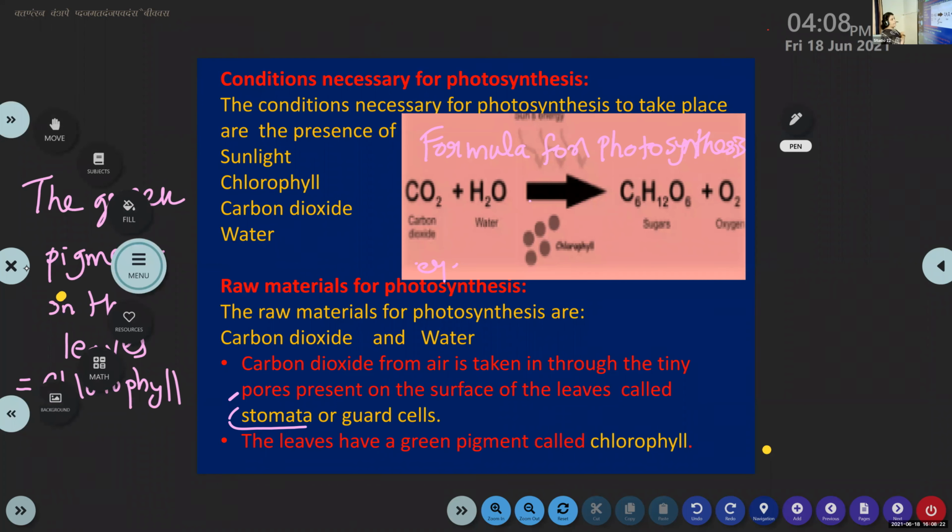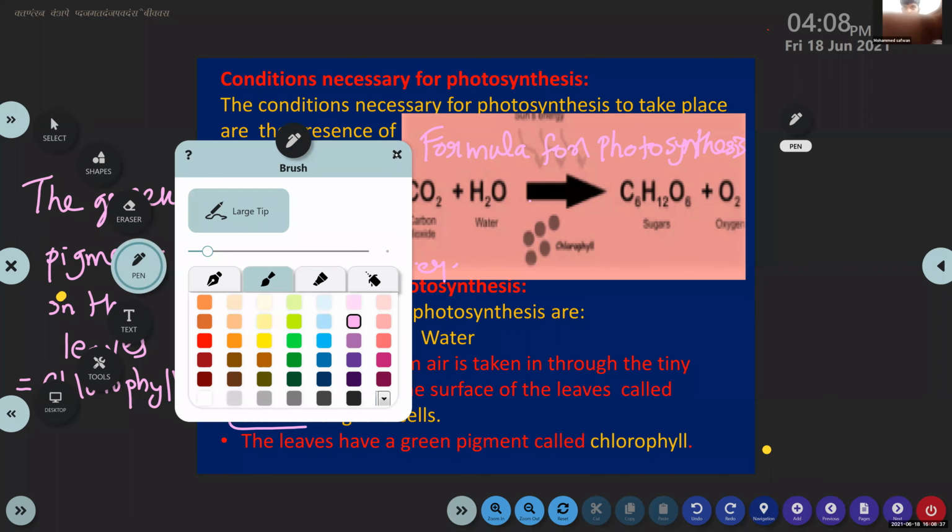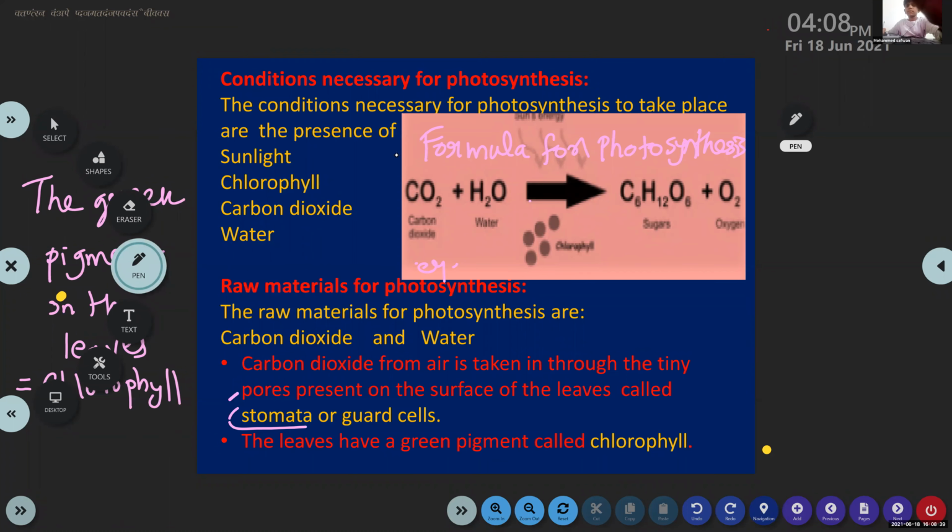Write the next point, put the number 2 and write the formula for photosynthesis. Other things, everything is in the notes. You don't have to rewrite again. Which one, ma'am? This one, photosynthesis detail. Okay, ma'am. Only this you have to write in the notes so that when you write, you will study.